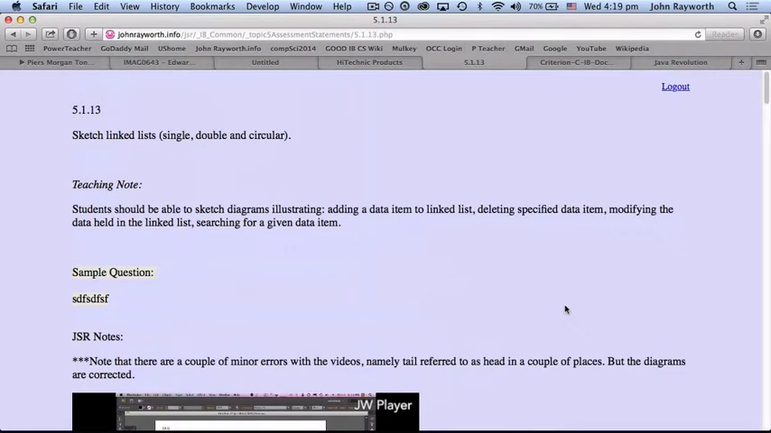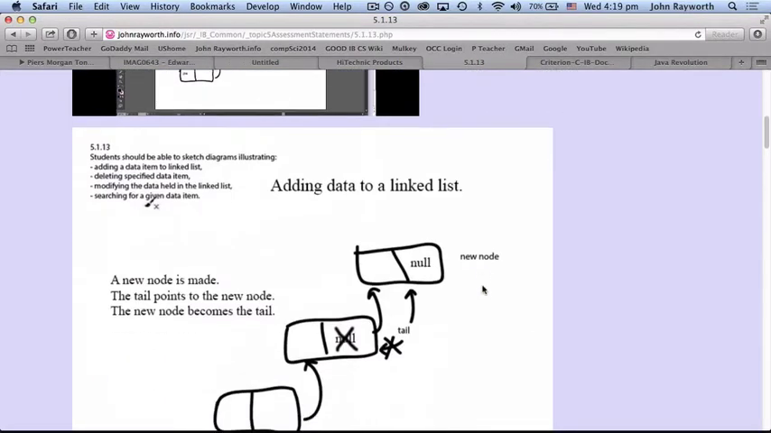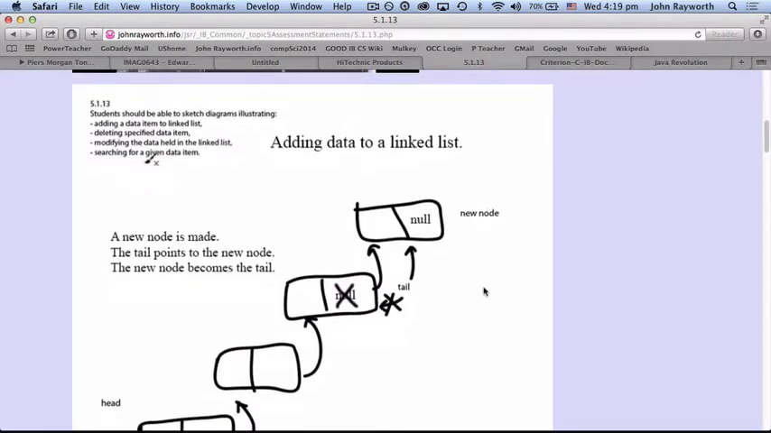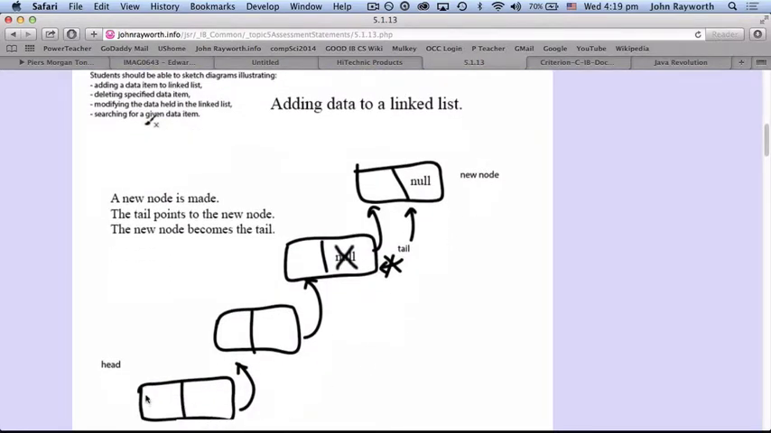So how do they operate logically? You should be able to sketch diagrams adding to a linked list, deleting, modifying, and searching. And I think you two could probably in the 14 around the table come up with how this works, but here's my explanation of it. Adding to a linked list. Well, you had this pointing to that, that pointing to that, and if we wanted to make a new one,